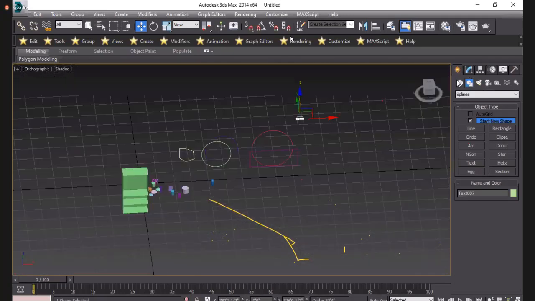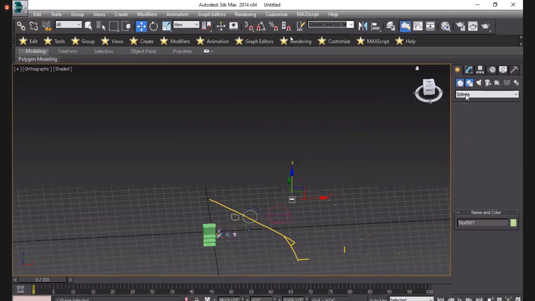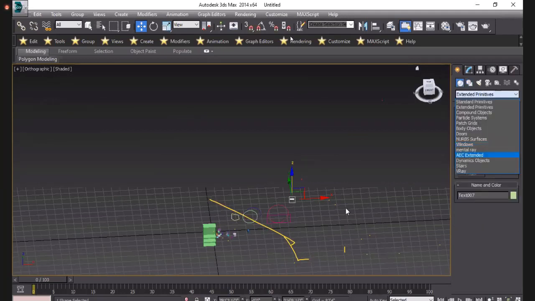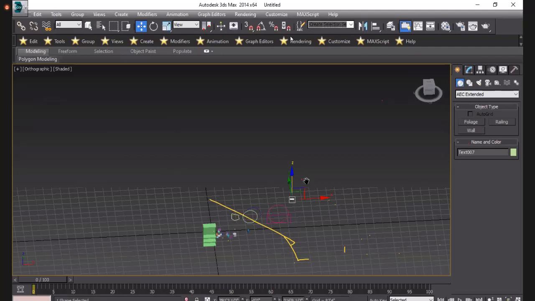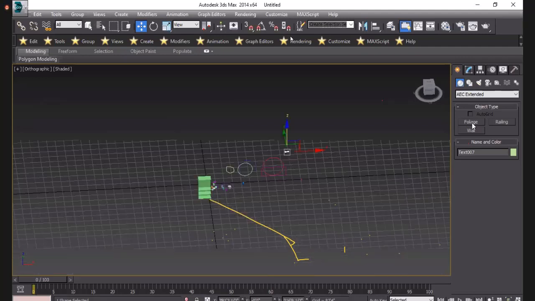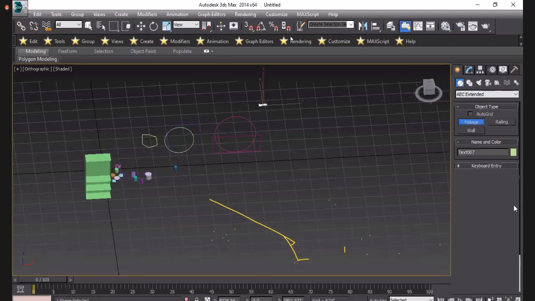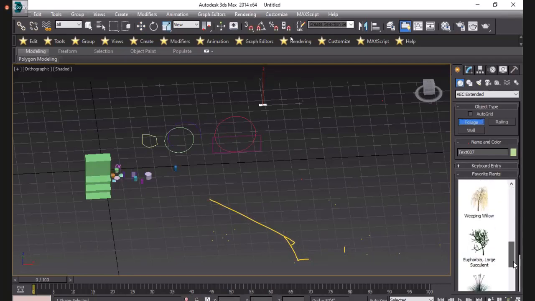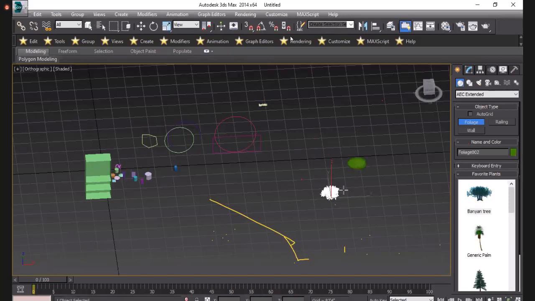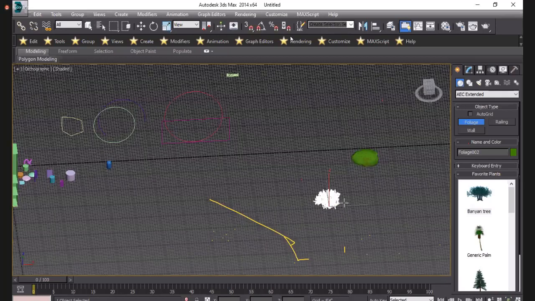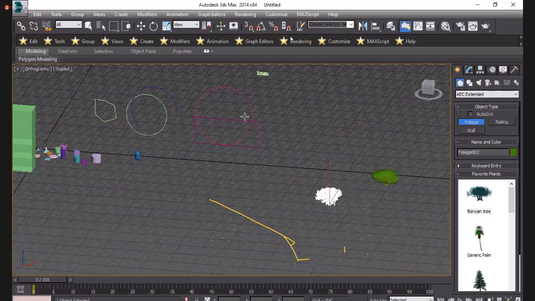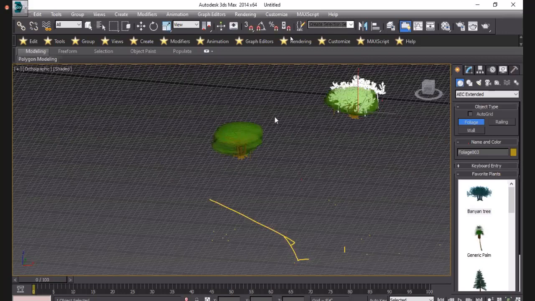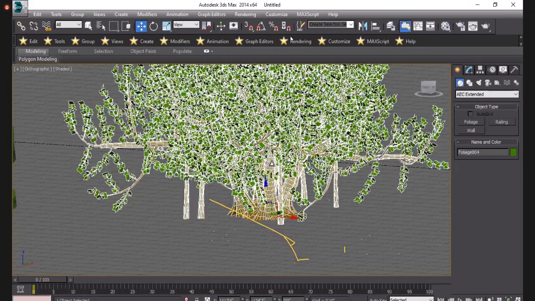Next, you want to learn about AEC Extended, which has foliage. In the foliage, you have these ready-made trees here. Simply select it and click on your screen. When you see it there, it looks like that, but if you select it, then it shows how it is.